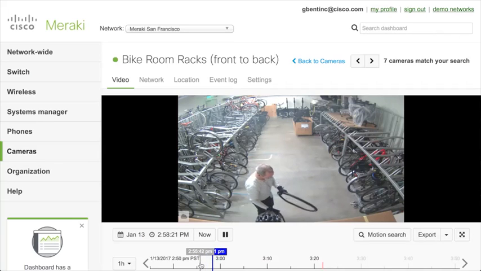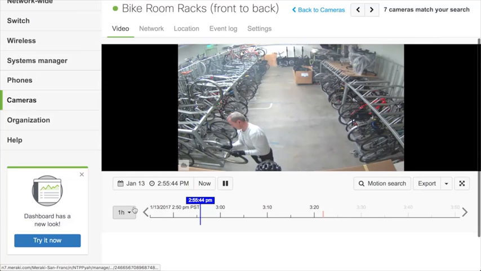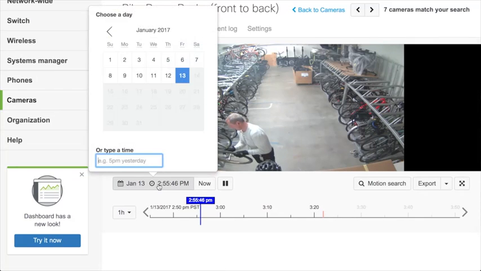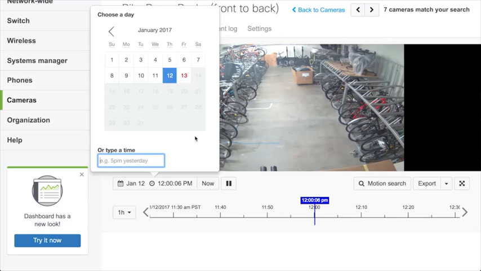And so you can go through and you can sort of pick different points in time. You can view different time periods, but you can also use this natural language time picker. So I can say things like yesterday noon, and it will go to yesterday at noon and it'll ask for the video from the camera, and now it started playing. Or I could say, let's say